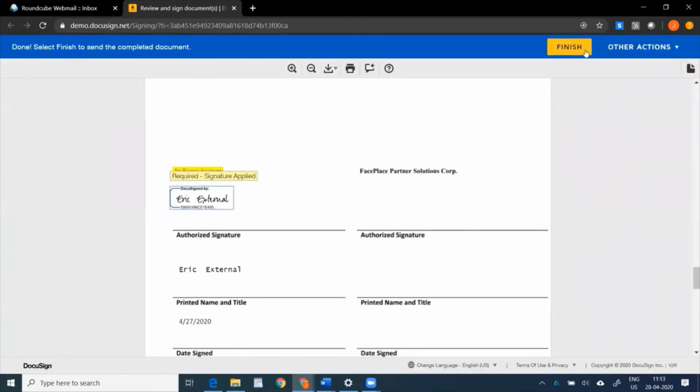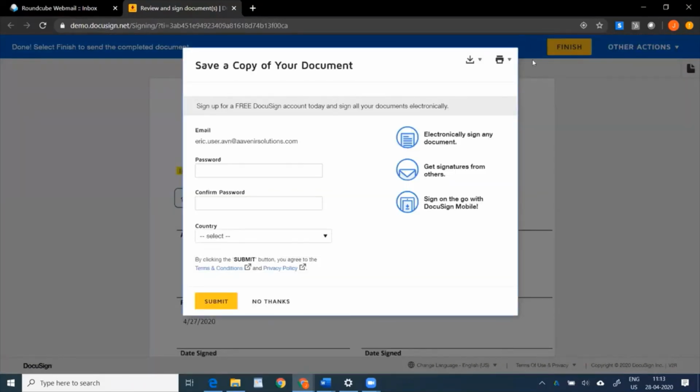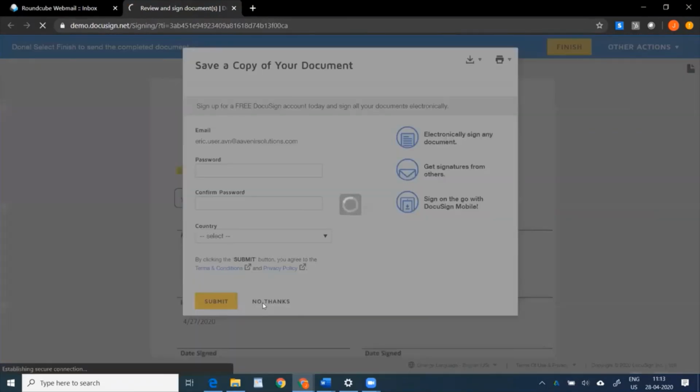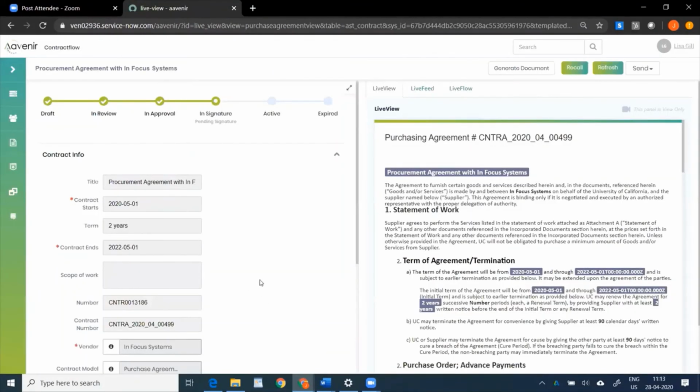And as soon as Eric finishes this, the signed contract automatically goes back to Avni's system and gets attached automatically. So when the contract went out for signature, it said in signature and pending signature.